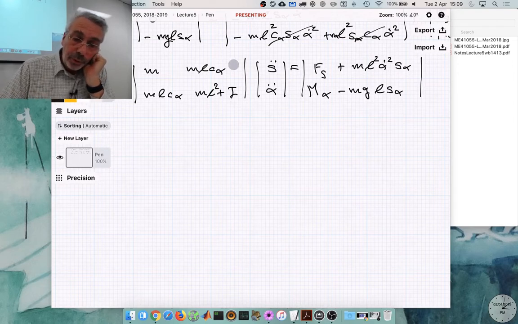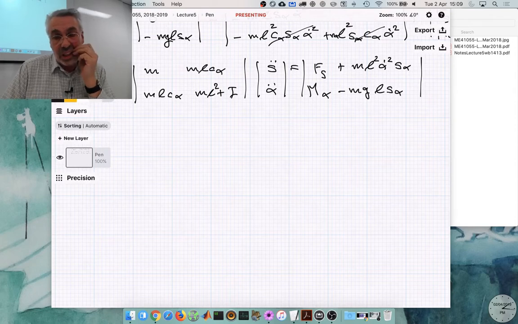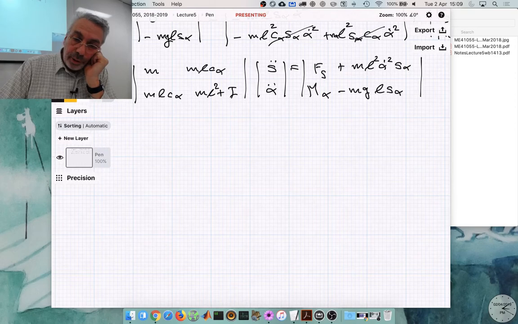So if we look at the first equation, that's the force equation, right? So this is mass times acceleration. So this should be a force. Well, this is an angular acceleration. This is mass times distance. So this is a force. So that's correct. And on the right-hand side, I have a